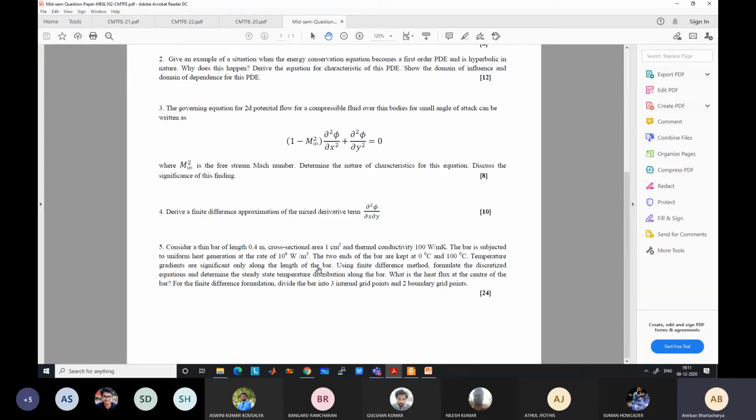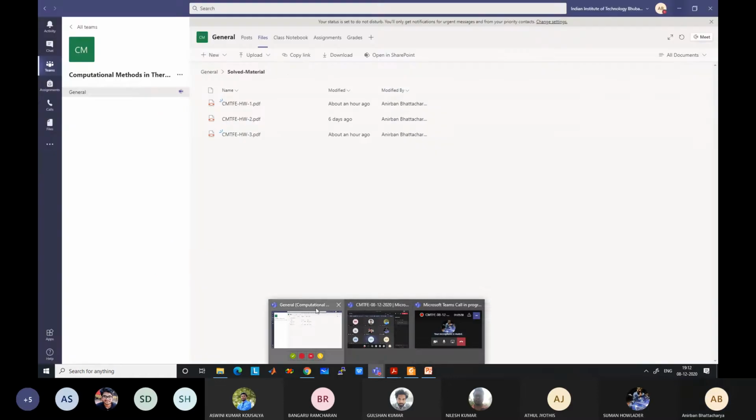But there can be other types of questions from convection diffusion. For example, you can be asked to derive the exact solution for the 1D analytical case, or you may be asked to derive the exponential scheme. Similar types of questions can be there. Problems can be there too, but not from convection diffusion using the power law scheme or hybrid scheme, because that will be too difficult to solve. But it can be similar to these problems.